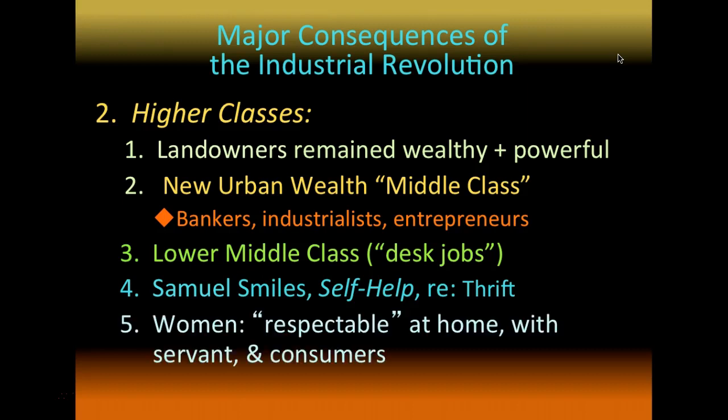Higher classes. The higher class women should be respectable by staying home, not by working, and they're supposed to have a servant to show how respectable and upper class they are, and their job is to be a consumer. They're supposed to go and buy stuff, and that will help the capitalist world go round, because they buy stuff, money comes into the system, and then money can be spent on paying things like employers.